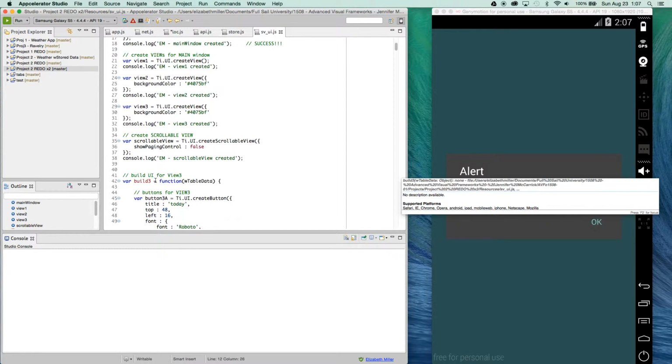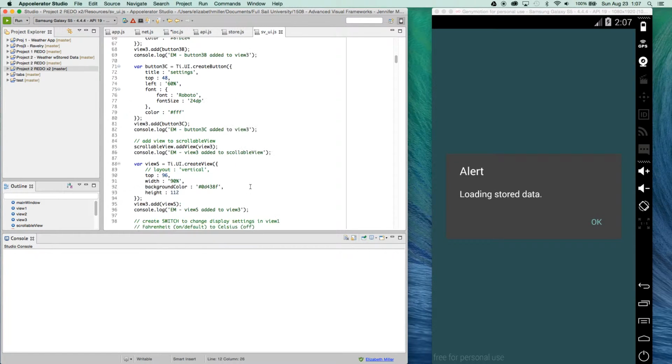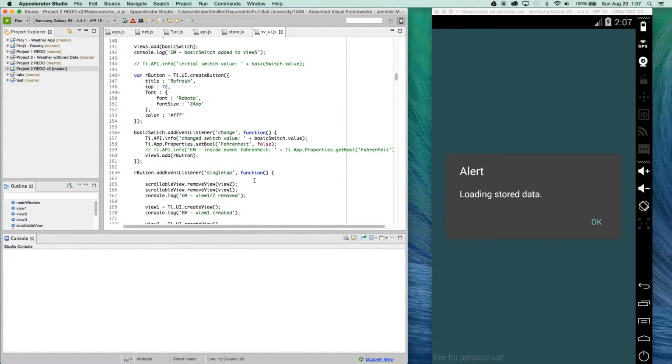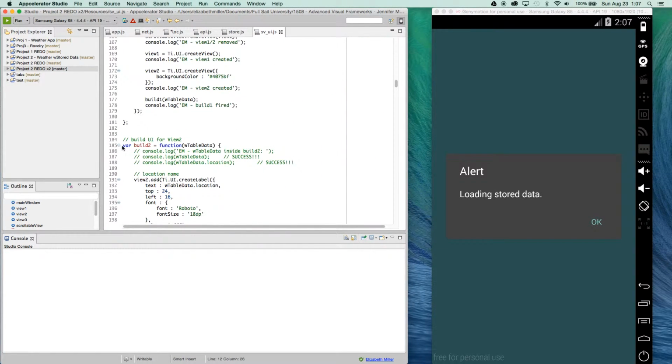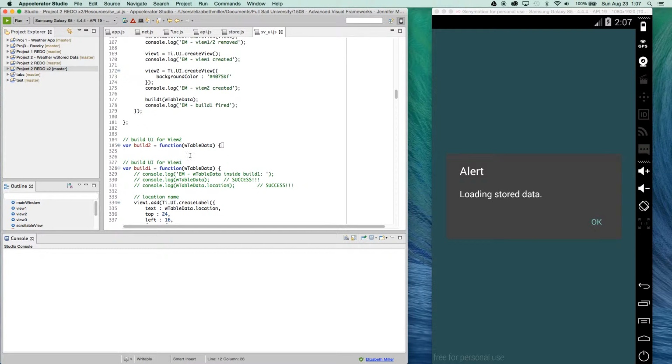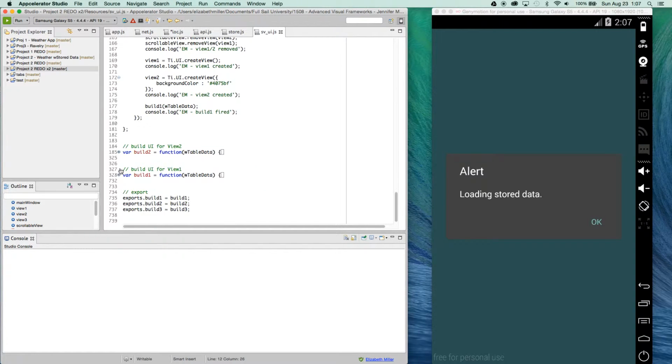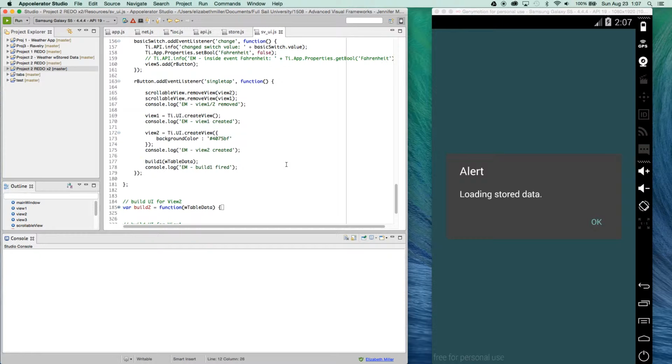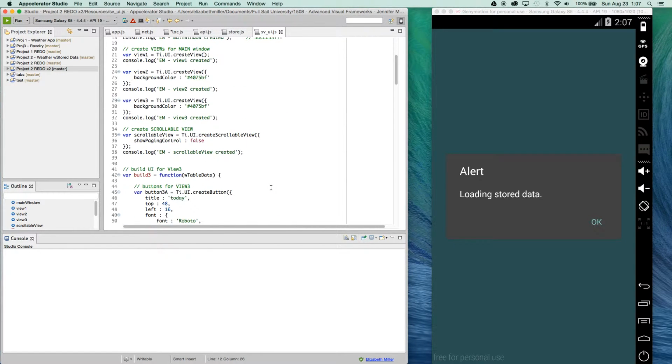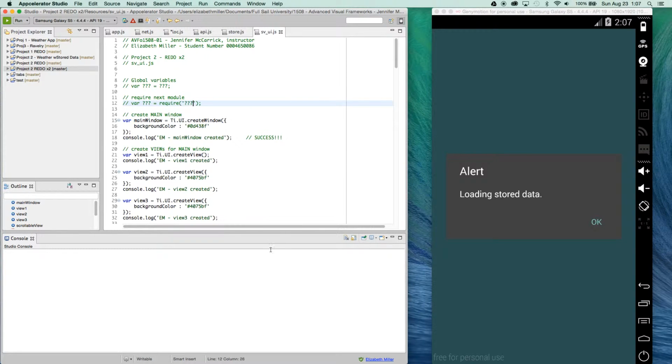Third build, obviously, for the third view. Build 2 a little further down. Here's build 2, that's for view 2, and build 1 for view 1. And last but not least, some exports to get our information back to the previous page on the store data. So let me scroll up here, and I'll start off with the